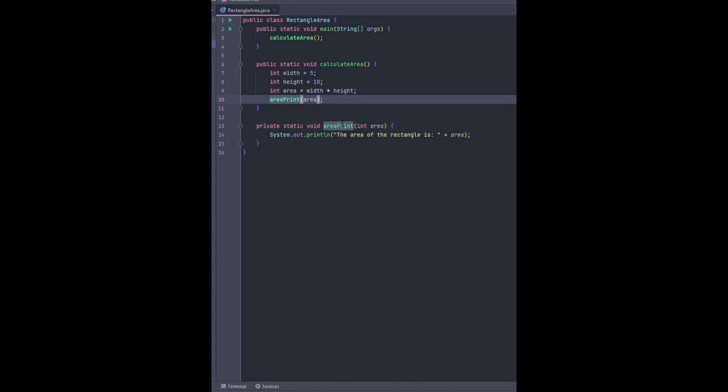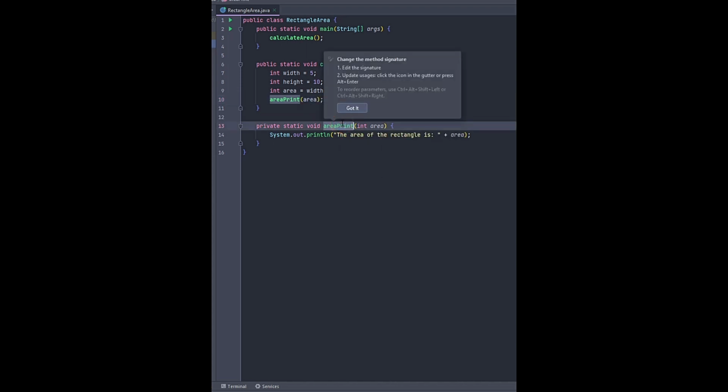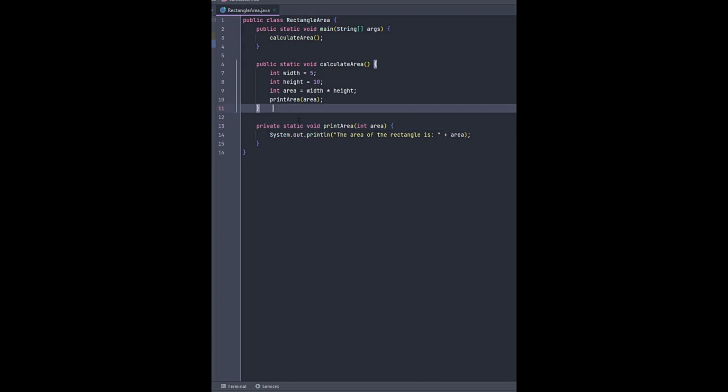So here you can see we have created a new method where the logic of calculating and printing the area of a rectangle lives. It makes code easier to understand, test and maintain. So you can use the Ctrl plus Alt plus M shortcut in IntelliJ to extract a method and improve the code quality.